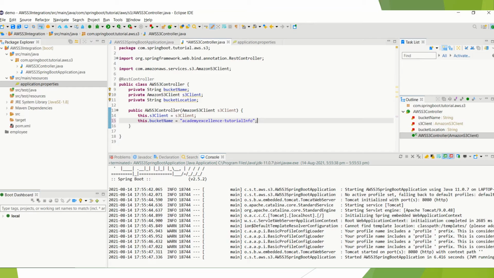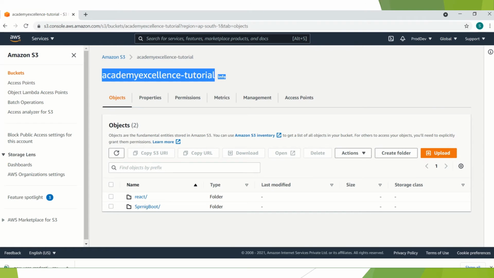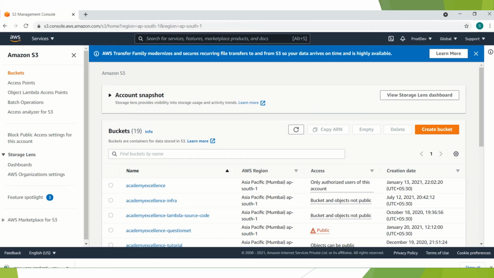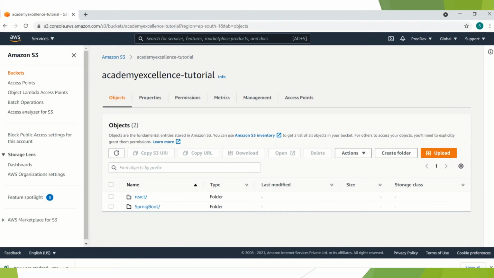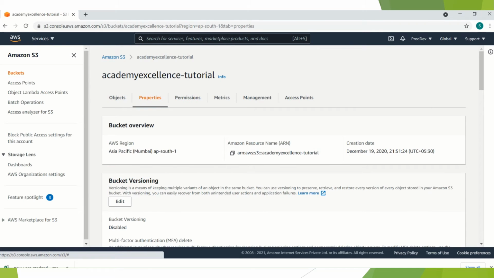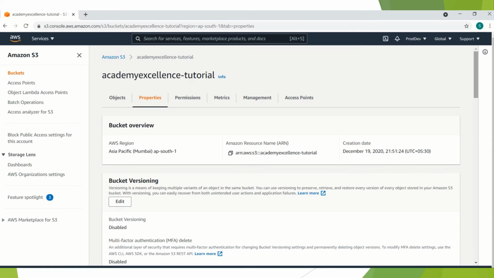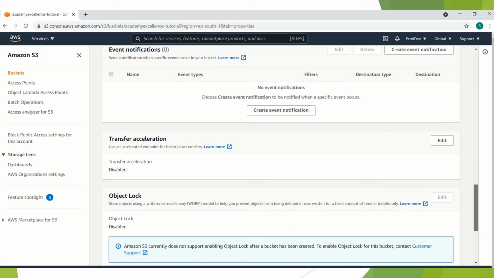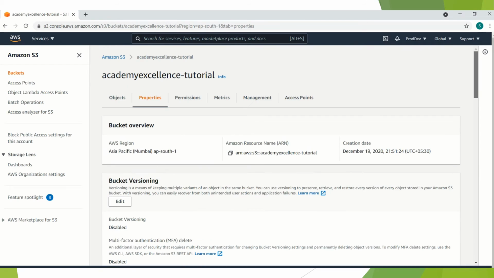Yeah, so I now have the bucket name and the client. Now we have to see the bucket location to get the details, because if you go to our S3... let's see, am I getting the bucket location here or not? I hope we will not get it, but we can go to the object level.